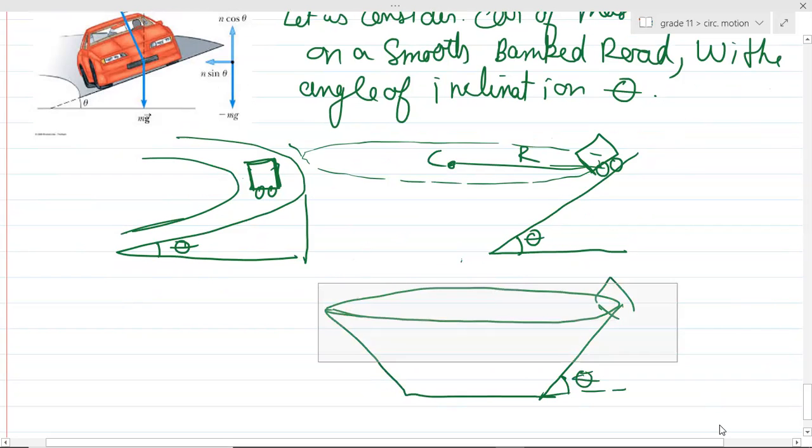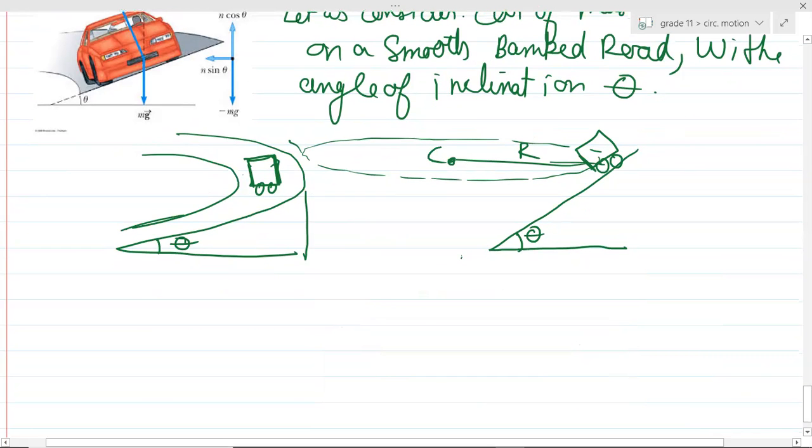So anyways, now let us draw the free body diagram. What all forces are acting on this? The forces acting on it will be mg in the downward direction and normal reaction in the upward direction, yes or no? Will these be the two forces acting on it, guys? There is no friction, this is smooth, right? So if I draw the free body diagram, it will be N in this direction, mg in this direction,